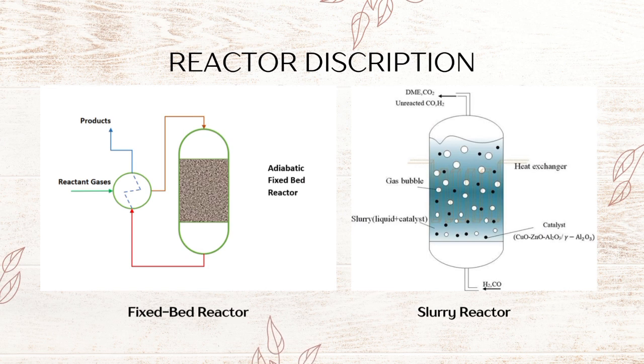Let's look at the types of reactors used in this hydrogenation process. In industry, this process usually occurs in two types of reactors, fixed bed reactor and slurry reactor. For a fixed bed reactor, nickel as a catalyst is arranged in solid form in a long container. Oil and hydrogen gas will flow through this reactor, and the reaction occurs when they come into contact with the